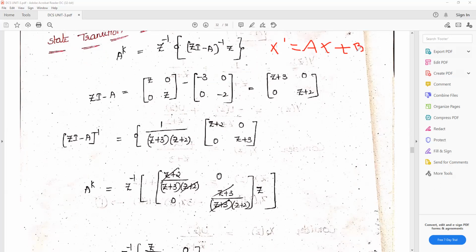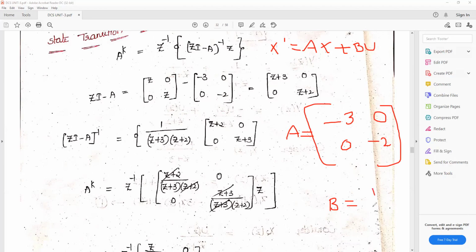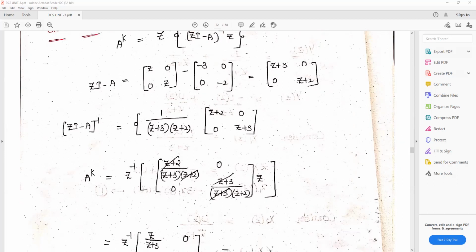X dash is equal to Ax plus Bu. So the A matrix is -3, 0, 0, -2. This is the A matrix, and the B matrix is 1, 1. But here, what do we need? Only (zI minus A) whole inverse. So only the A matrix is enough. So for zI minus A, the A matrix is